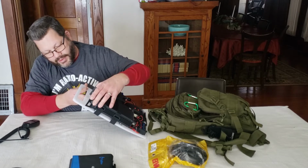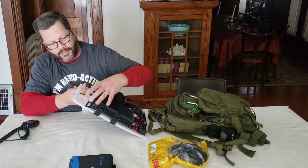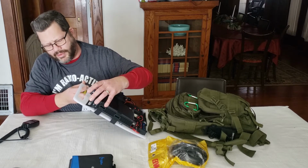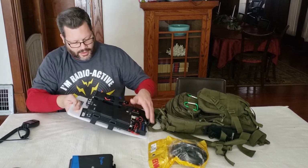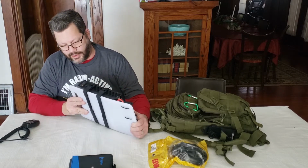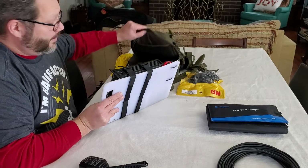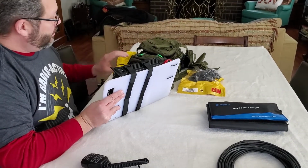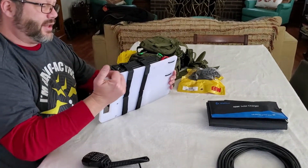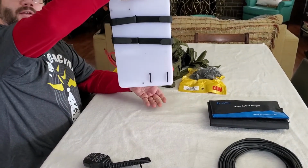The radio itself is a 20-watt radio. Many of you are probably already familiar with the G90, so I'm not going to go into a lot of details with that. But I built the board that everything is attached to out of a cutting board. I measured it first to see what would fit inside of my pack, made sure the layout would fit inside of the pack. And I just cut both edges off, centering the handle, so I'd have a nice, easy way